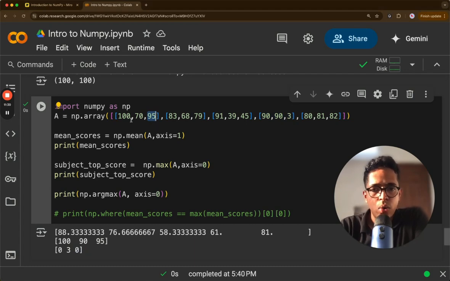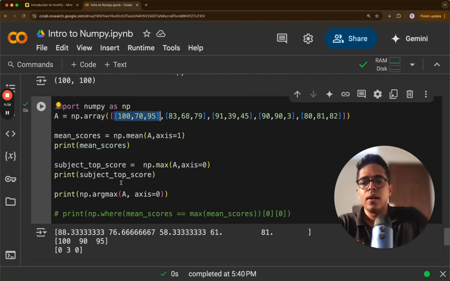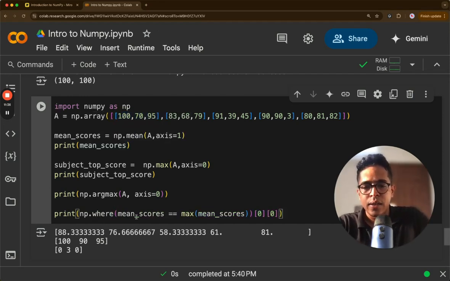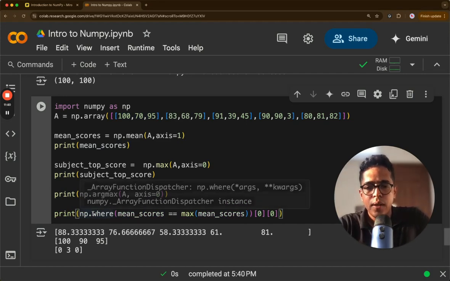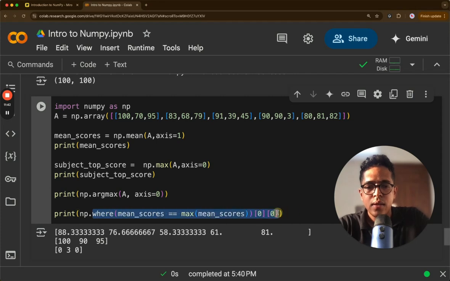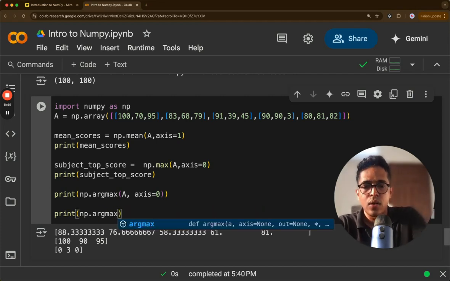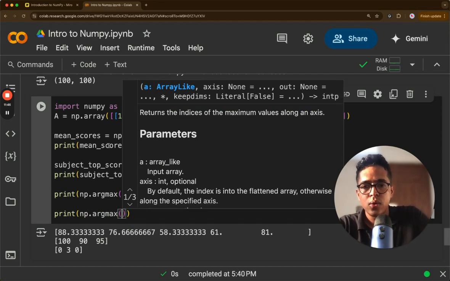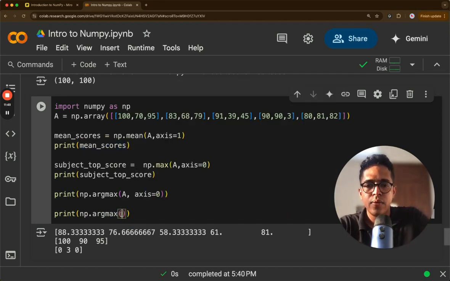So that is also true. So this is the student at the 0th index, right? So this is correct. We could actually apply the same thing here. So np.argmax of mean scores. So mean score, we have